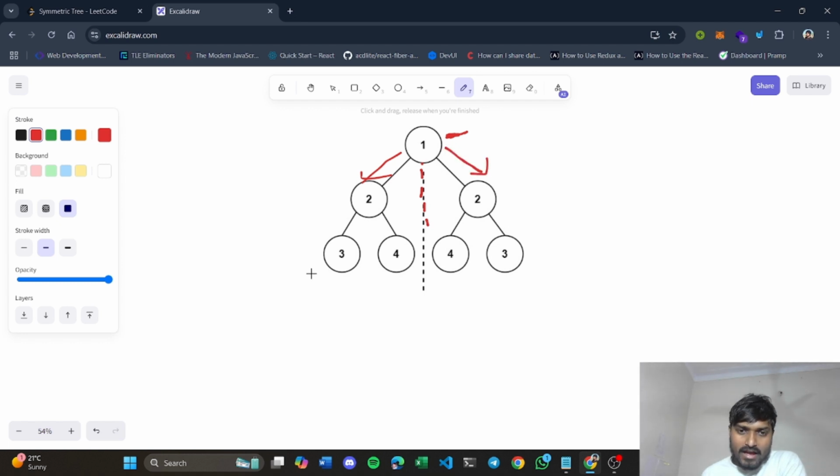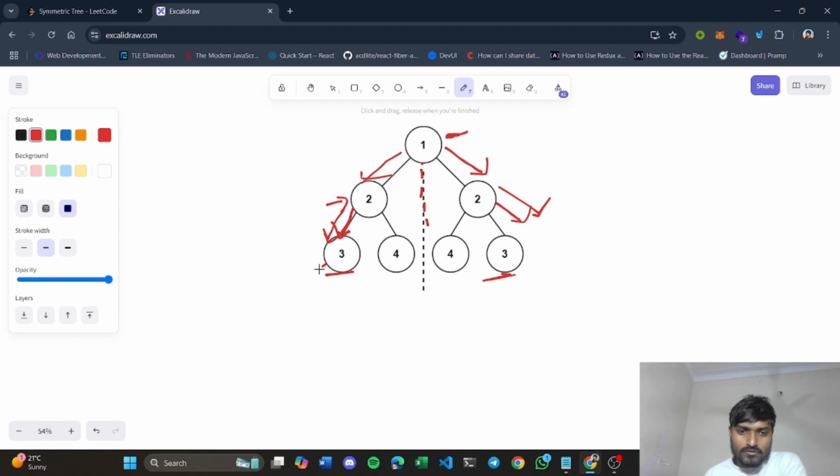When you are at node 2 and go to the left of it on this side, on the other side you will move to the right of node 2 for checking the similarity between the nodes. You can see here from 2 we moved to the left of 2 on this side, and from 2 we moved to the right side on this side.